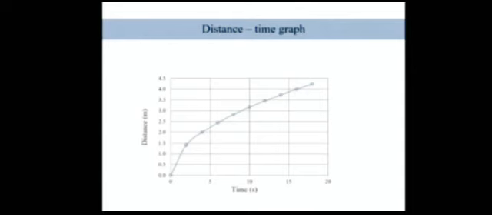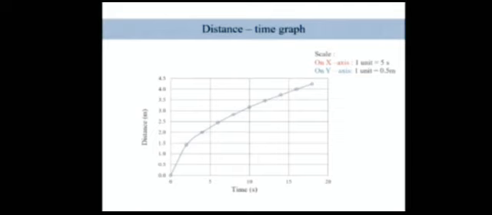So first of all, step number 1, we have to check the scale. As you can see here, on the x-axis 1 unit is equal to how much? 5 seconds. Okay, so on the x-axis 1 unit is equal to 5 seconds. On the y-axis 1 unit is equal to 0.5 seconds. One box in the vertical direction, one box in the horizontal direction, how much does it measure? On the x-axis it is 5 seconds, and on the y-axis 1 unit is equal to 0.5 second. Step number 1 is scale.